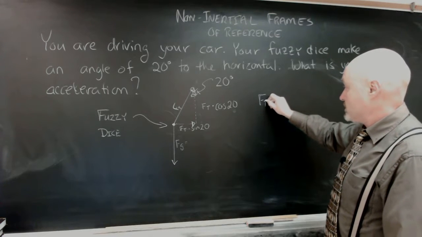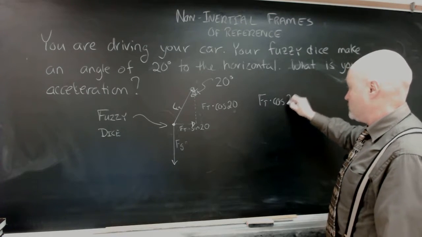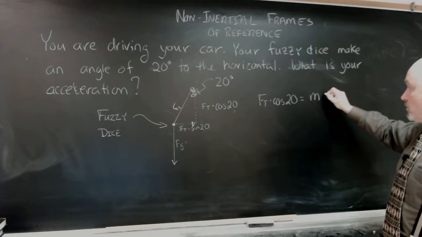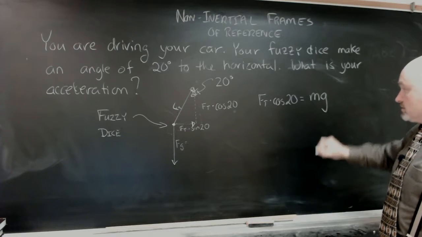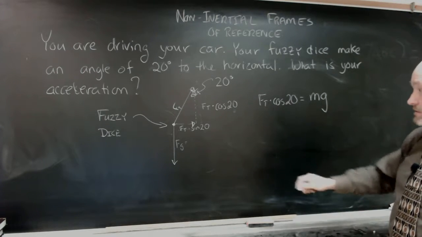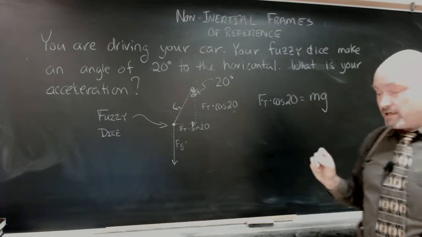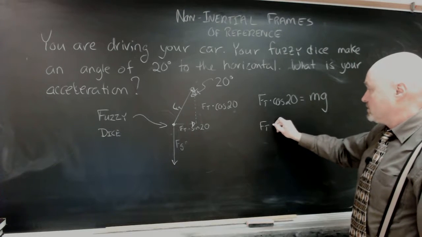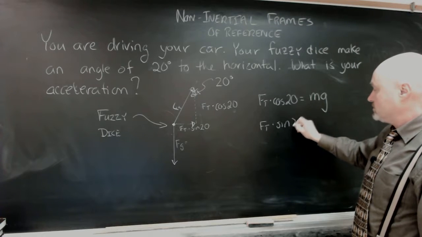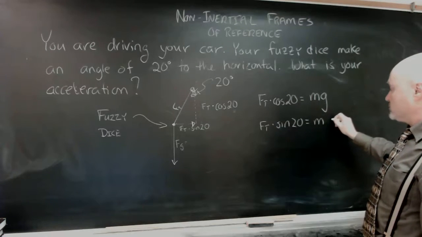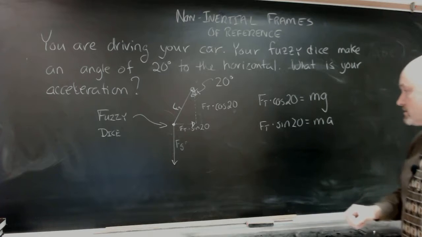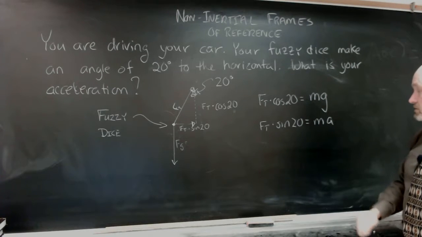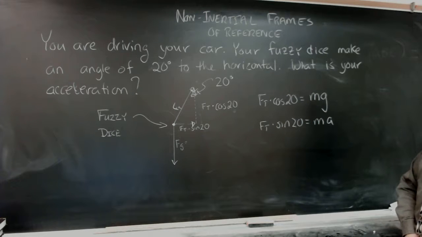So force of tension times cosine of 20 is going to be equal to whatever the mass of those fuzzy dice is times the acceleration due to gravity. That's the component that's holding it up against gravity. And of course, the force of tension times the sine of 20 is going to be equal to the mass times the acceleration. And you might be able to see exactly where this is going,